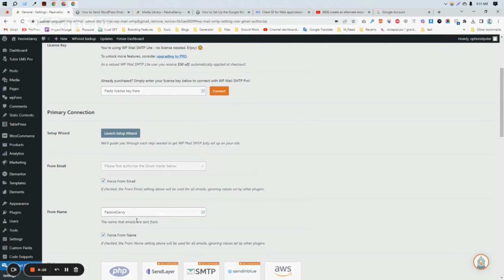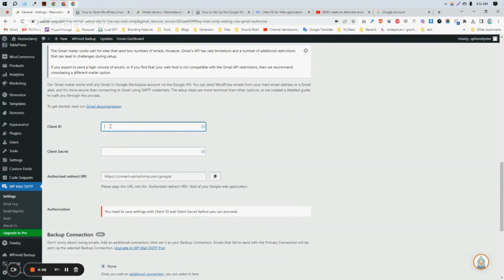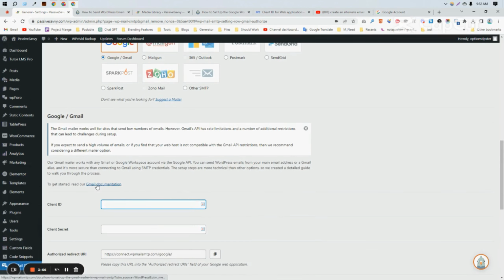Now we can give the from name, and we can check these two things. Now we need to scroll down, and here we have to give the client ID and client secret. So how to get this? As you can see, this is the Gmail documentation, and